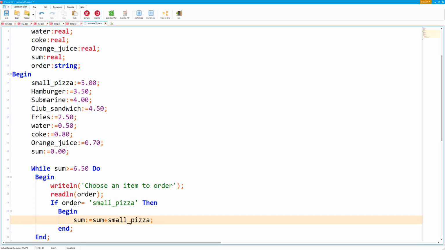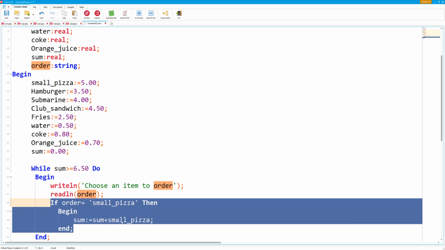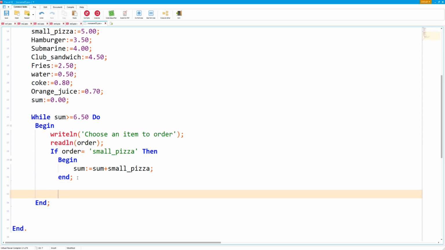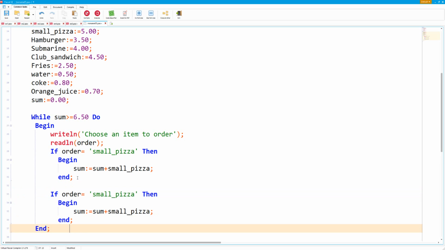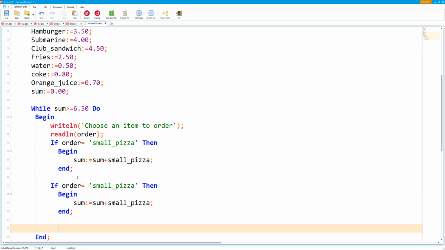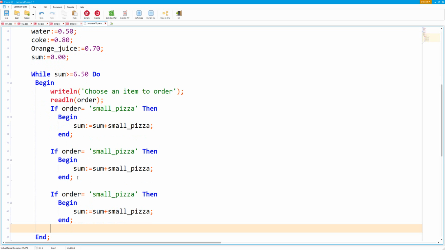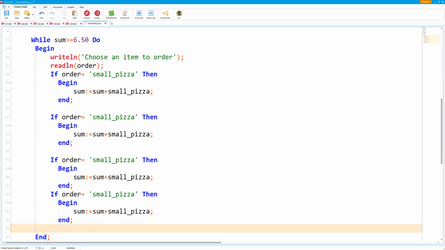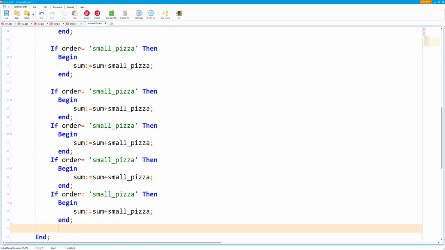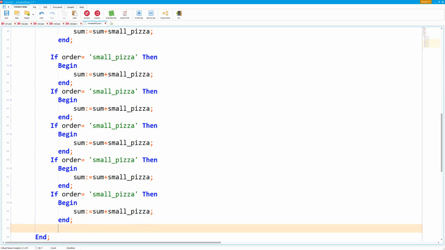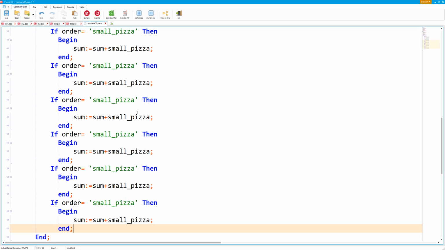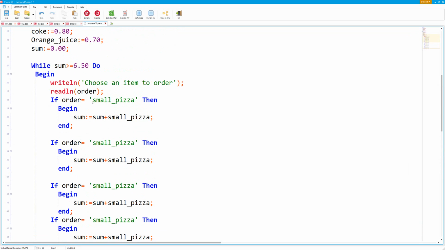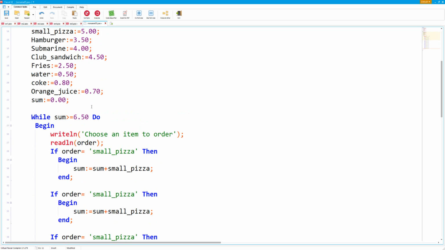Excellent. Now, we have to do this for all of these things here. So I'm going to copy paste this if statement in a few more lines, and then we're going to change it. I'm not sure when it's a good time to stop, but I'm going to add a few if statements and then we can delete them at the end. Okay. So if the order wasn't a small pizza, if the order was a hamburger,